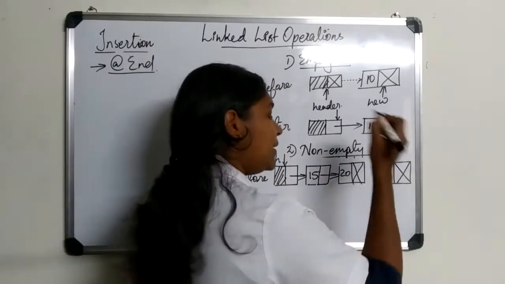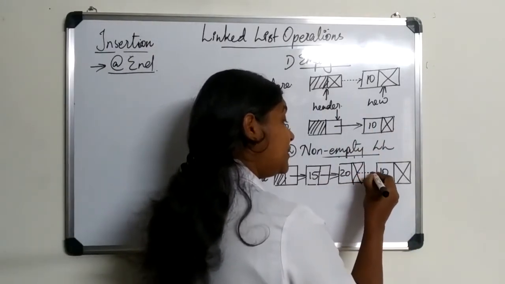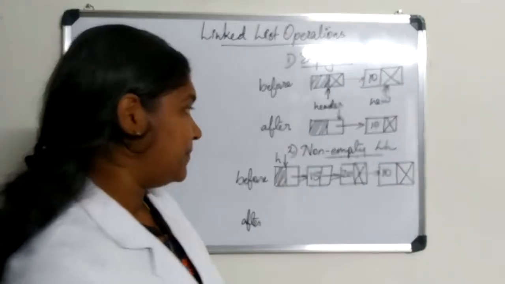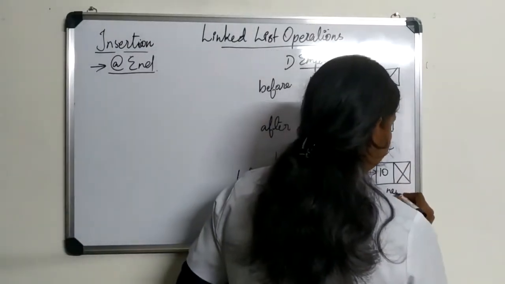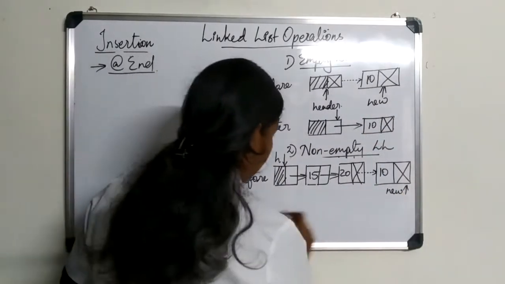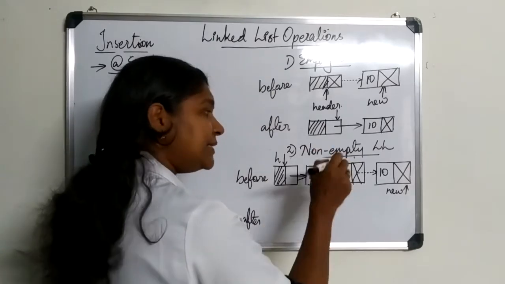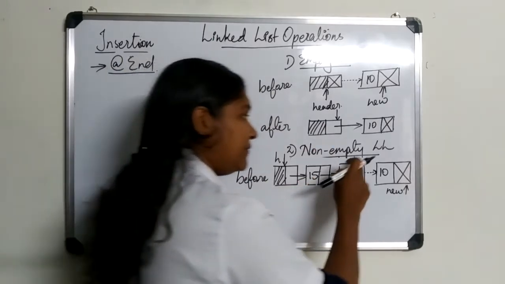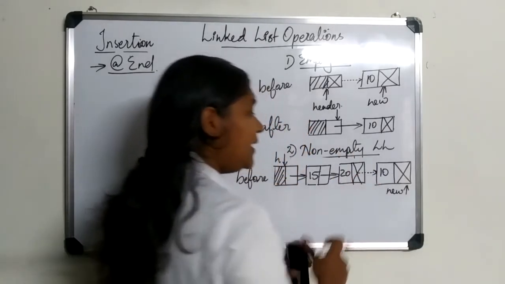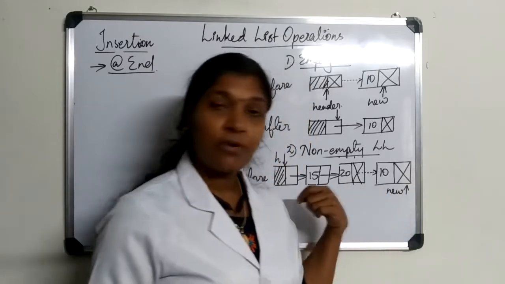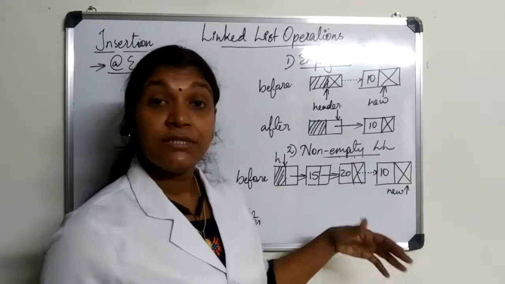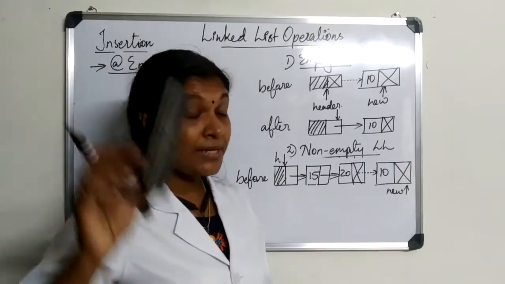So what are we about to do? We will reset the pointer of the last node to the new node, and this is our new node. And after insertion, in this case, what do we do? We should get a pointer, a name or a reference, in order to make the pointer part of the last node point to our new node. We should have a name for this node. We can never jump into the last node. So what can be done?